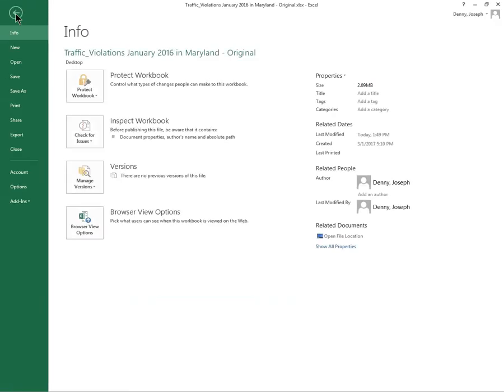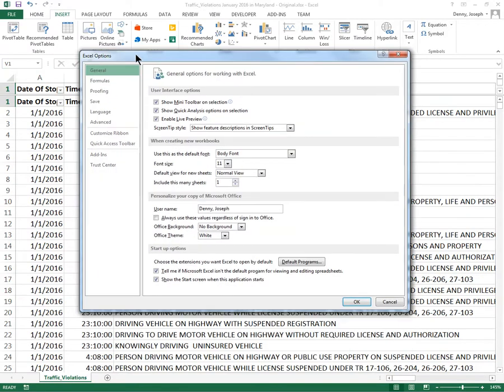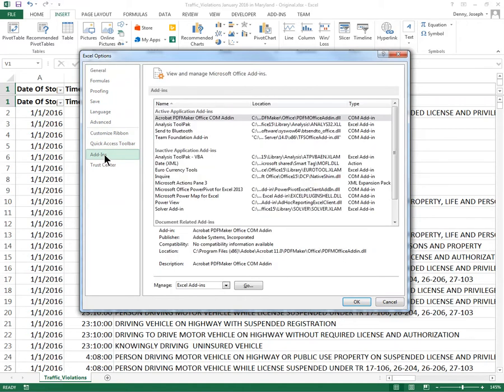So you click on File, and then under here is add-ins. Options. So File, Options, and then add-ins down here. And you should have one called Analysis Toolpack. So mine, I've already installed it, so it shows it as an active application, but yours will probably be down here under inactive applications. So you'll click on the Analysis Toolpack and then click on Go,